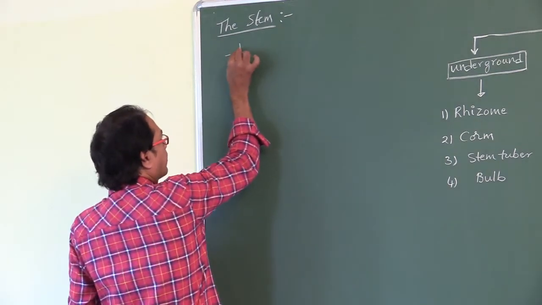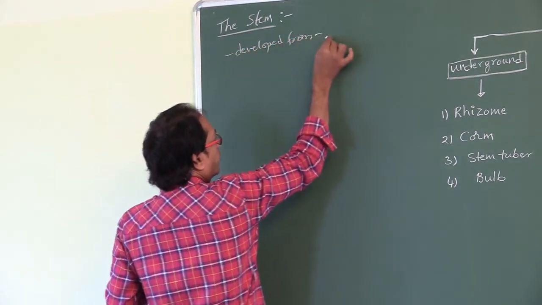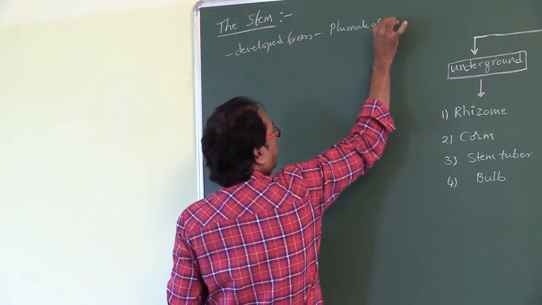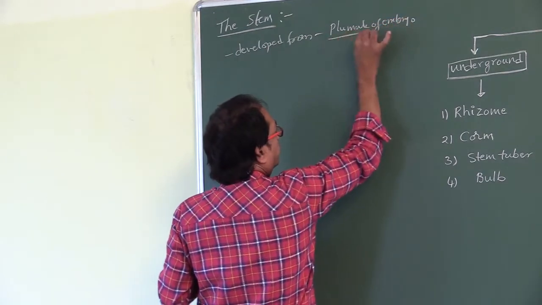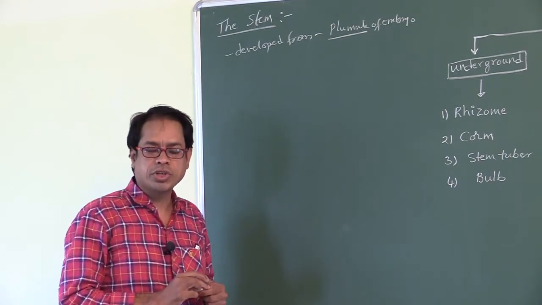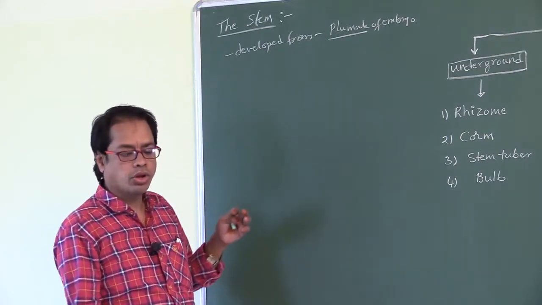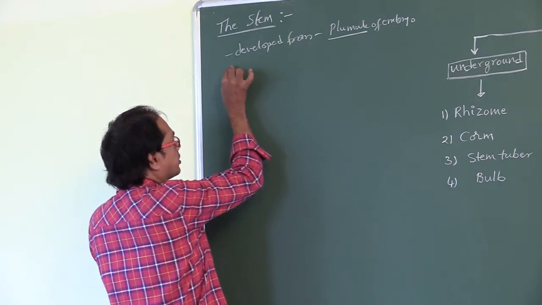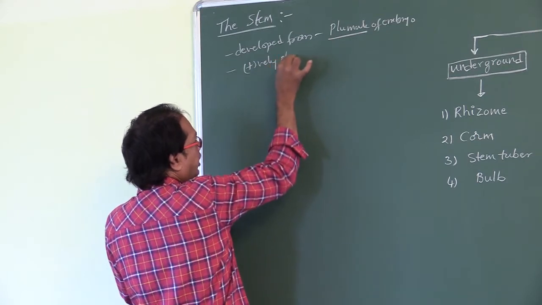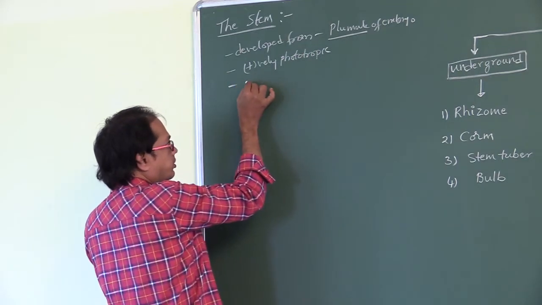The stem is developed from the plumule of the embryo, whereas the root system is developed from the radicle of the embryo. The stem grows like this. So the stem is positively phototropic and it grows